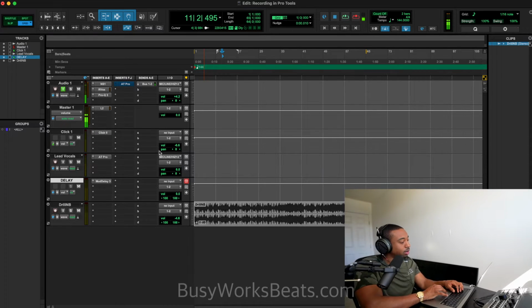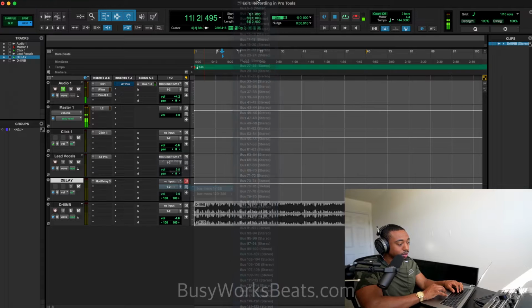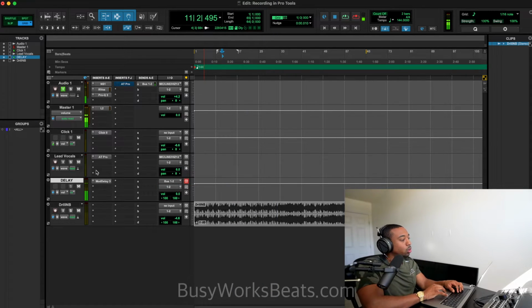We have to tell it where to go. So let's tell the school called delay that we need to input bus number 1 and 2, giving bus number 1 and 2 a destination, which is the school. Whoa. And now when I talk, there is a delay. Okay, so now you can hear yourself through the delay as you're recording. So that's how you set up a bus in short. And to turn that effect off, just hit Control and just left click it.